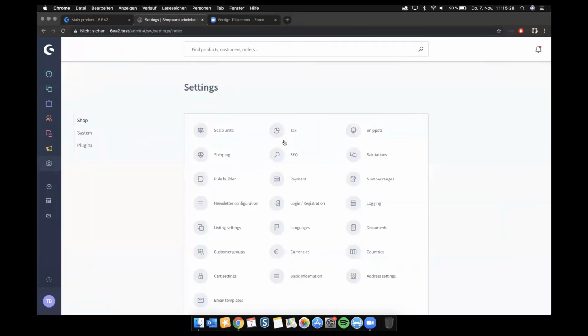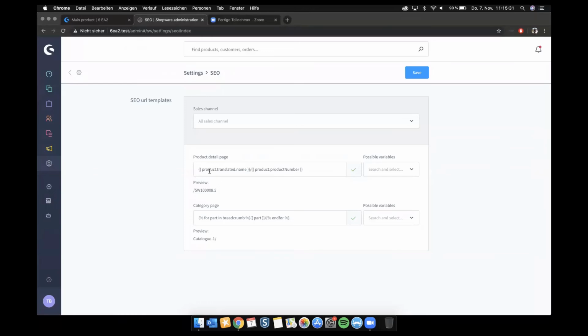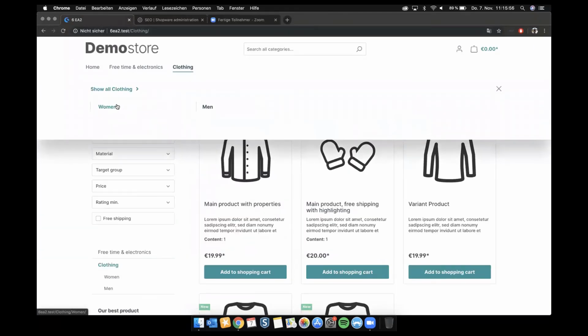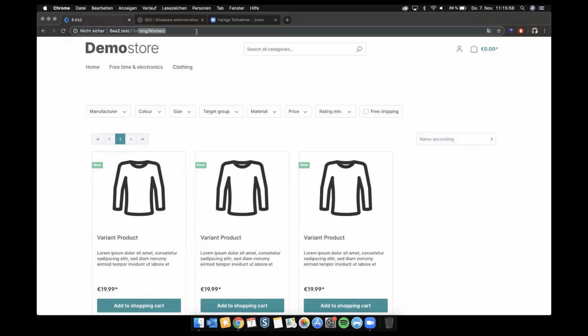Let me check. SEO. Standard-wise, it's, as I said, product translated name. So for the different languages, it's different, and product number. You can obviously add more variables. That's just Twig, so should be easy to use. You have a for each loop in the breadcrumb. So if I go to clothing, I have my clothing. If I then go from clothing to clothing woman, I have clothing woman, which is the breadcrumb for each loop